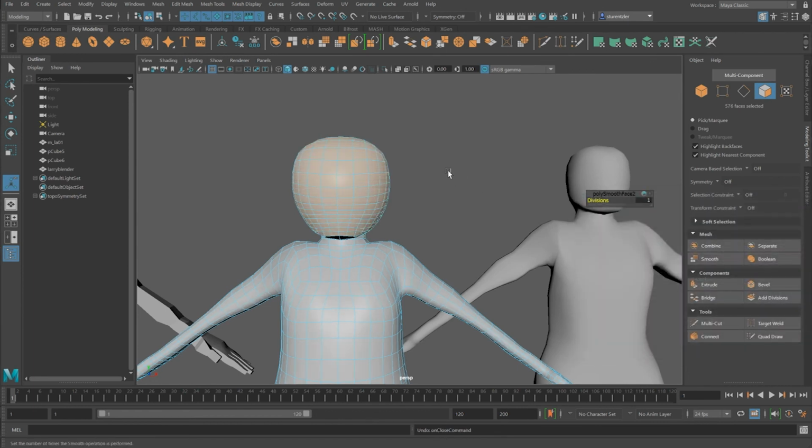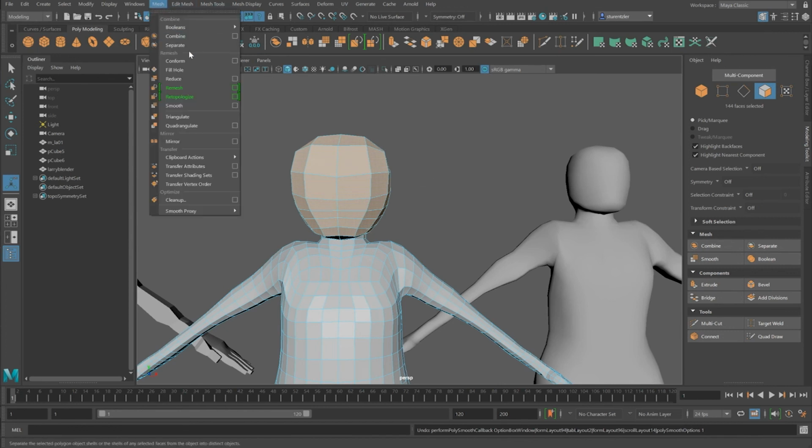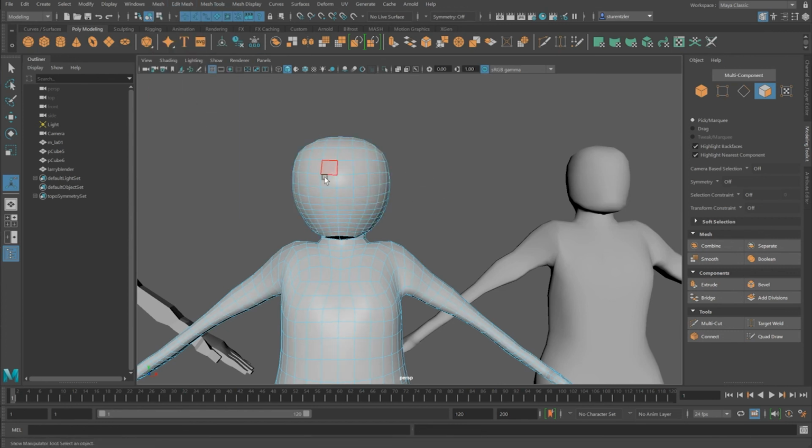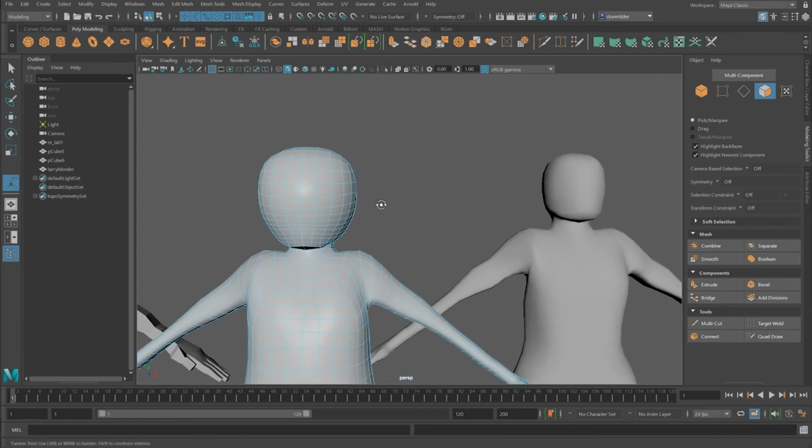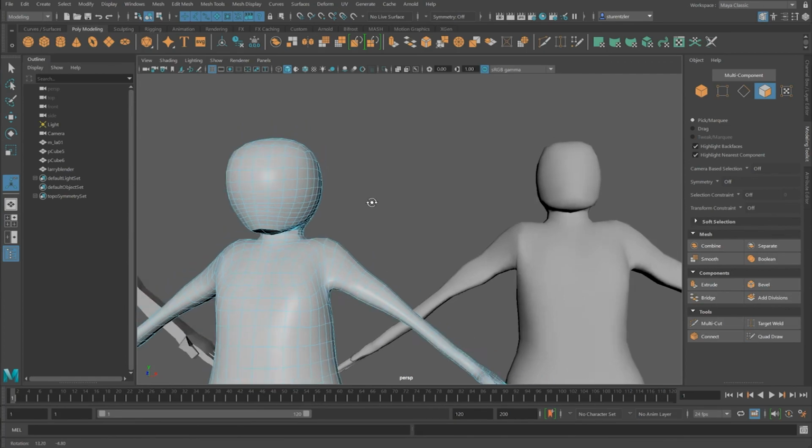Undo. Go to Mesh Smooth. And that just increased the number of vertices and faces here. And then take 4 and then